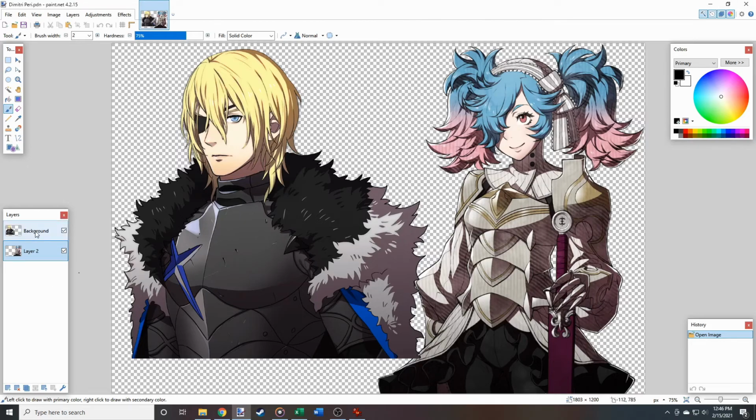So what you want to do is have two layers to begin with. You want to have the character that you're applying the palette to and the character you're taking the palette from. So I've just got those two here. And basically what I do is